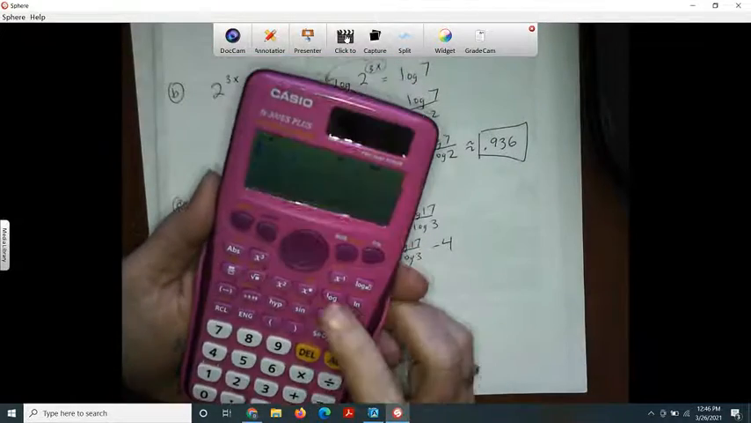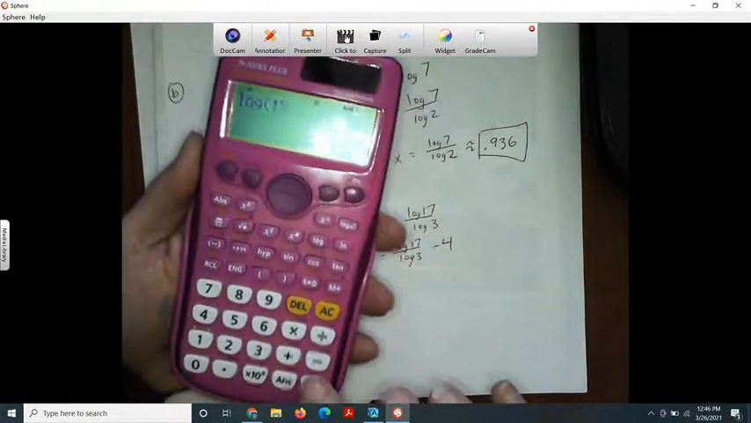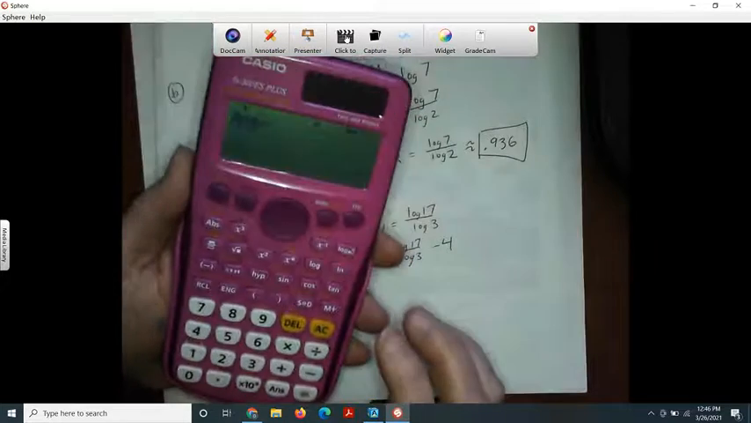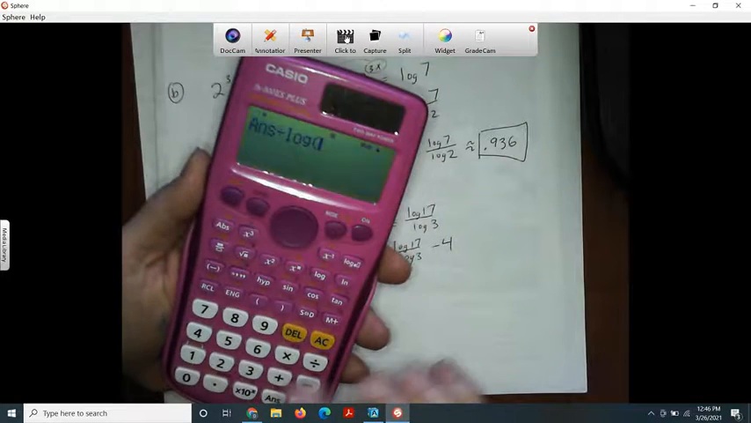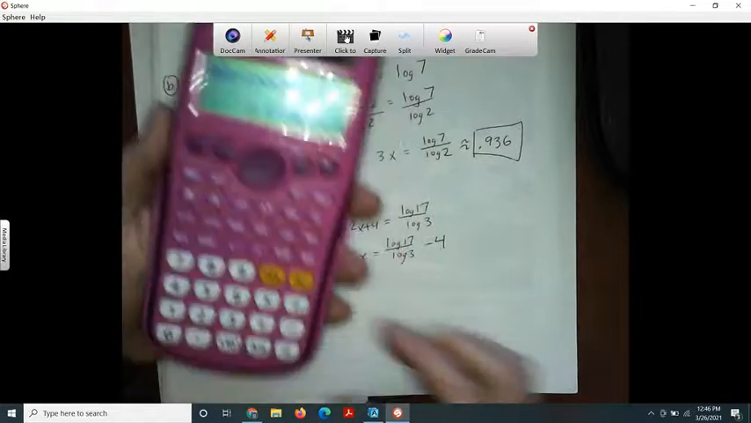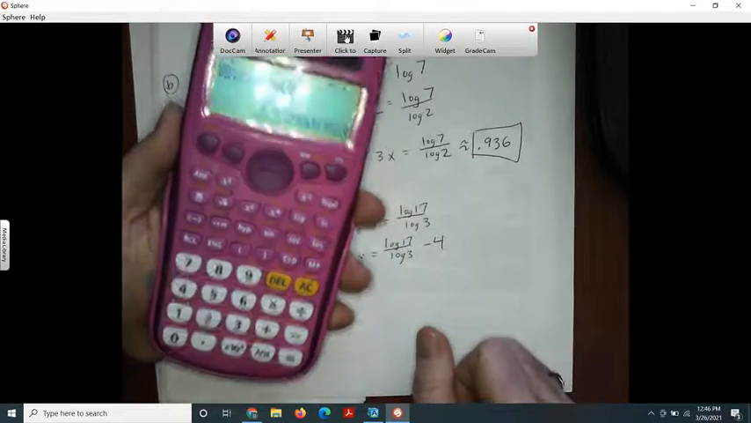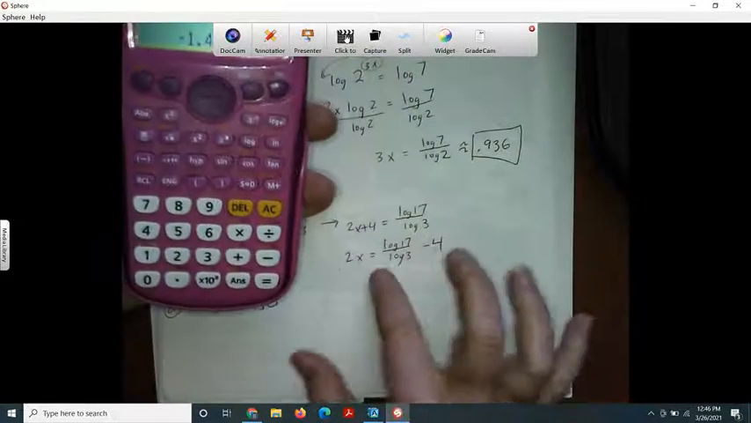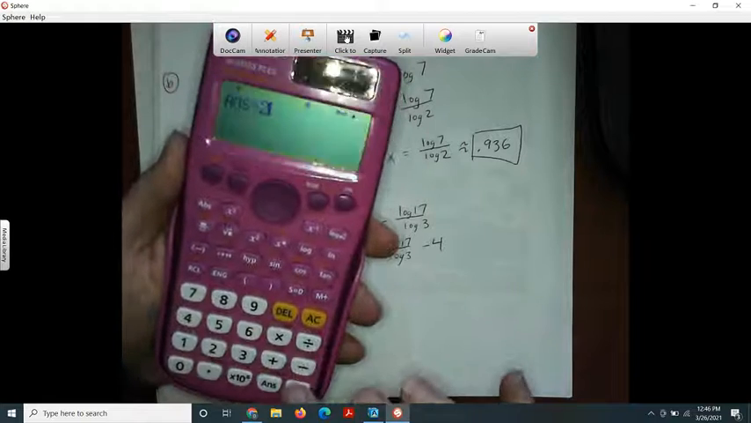Go log 17. I always just push the equal sign. Divided by log 3. So now I know that that's what that fraction equals, and then I'll minus 4, and then I'll divide by 2. And I get